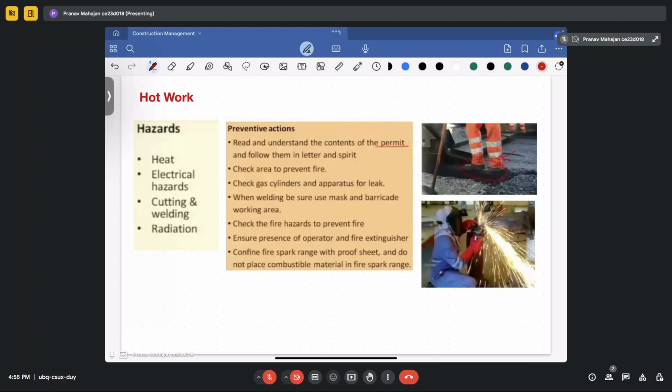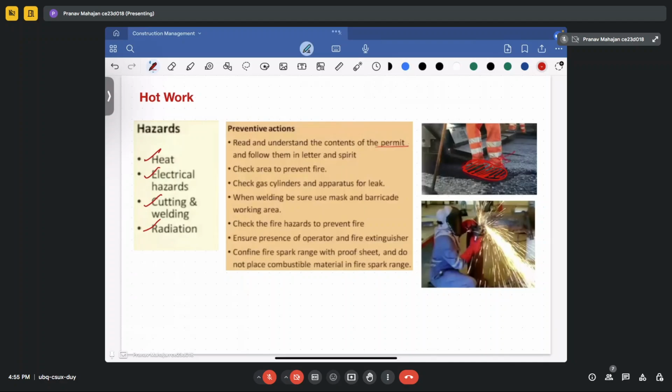So for dealing with hot works, what kinds of hazards are they meeting? They are meeting heat, electric hazards, cutting and welding, and radiation. From the figure you can see, when you are laying the bituminous roads, how much heat this person's feet are able to carry